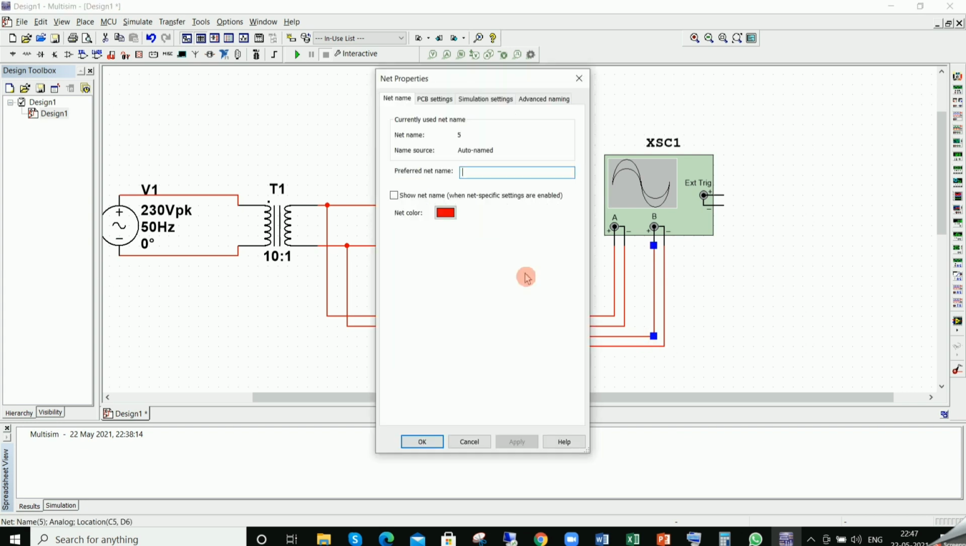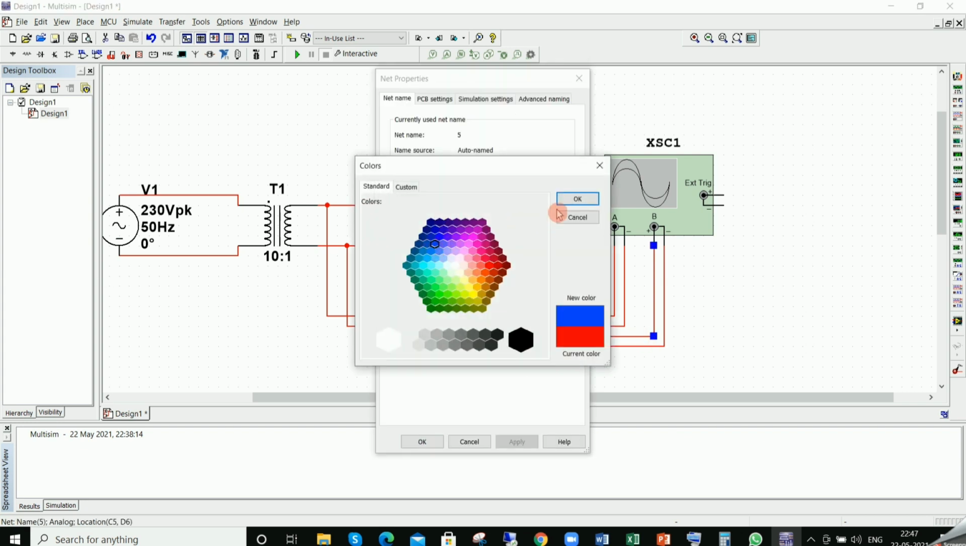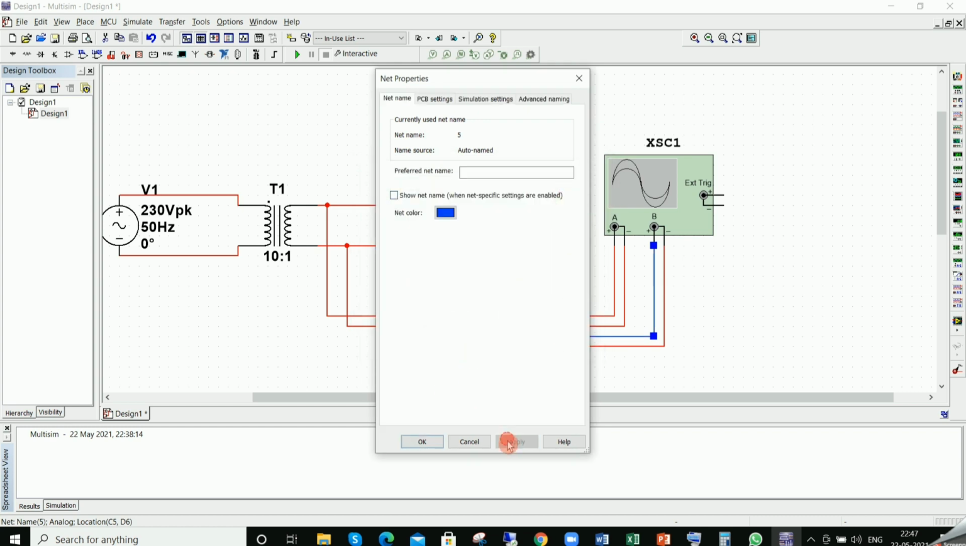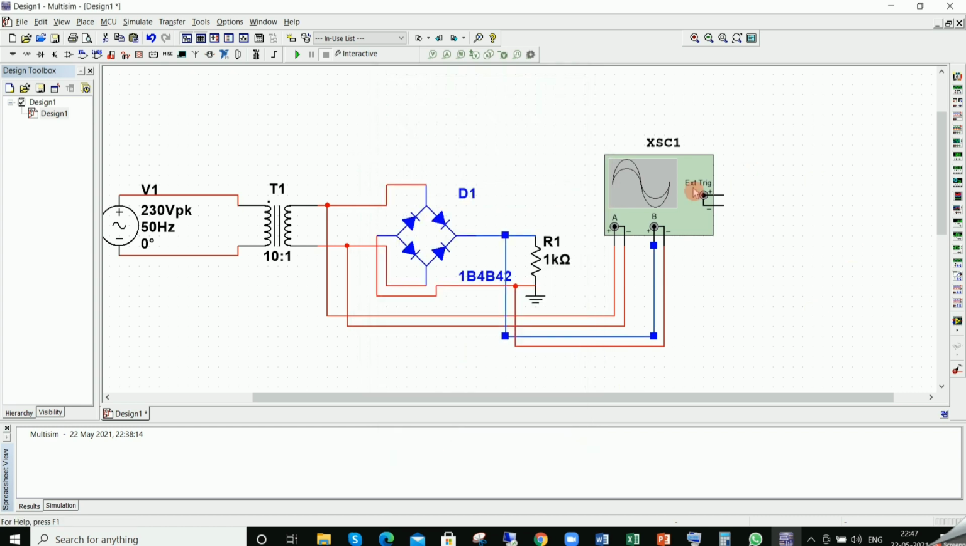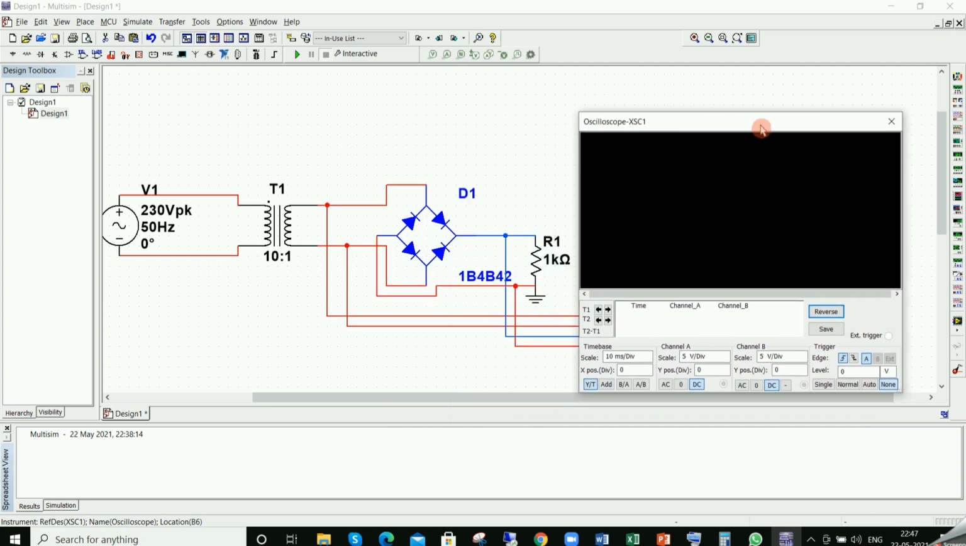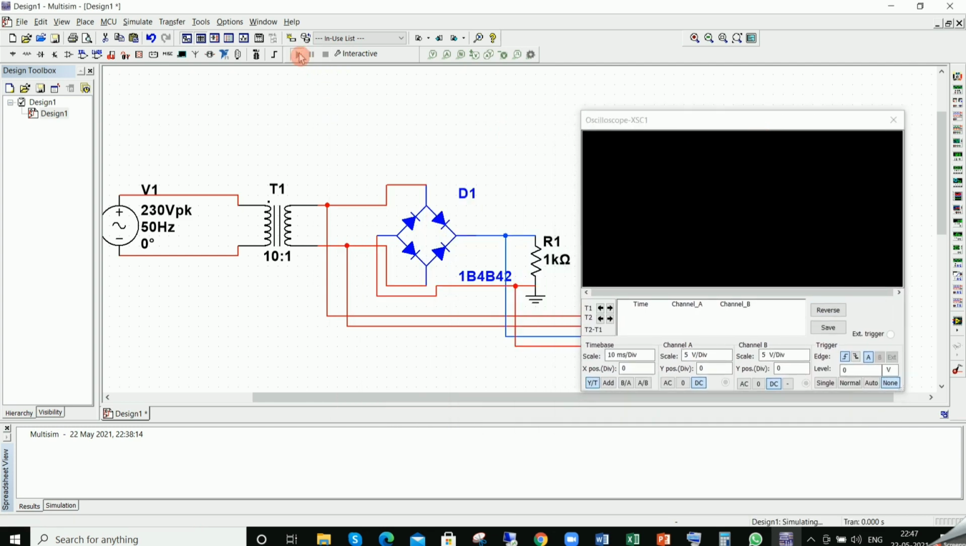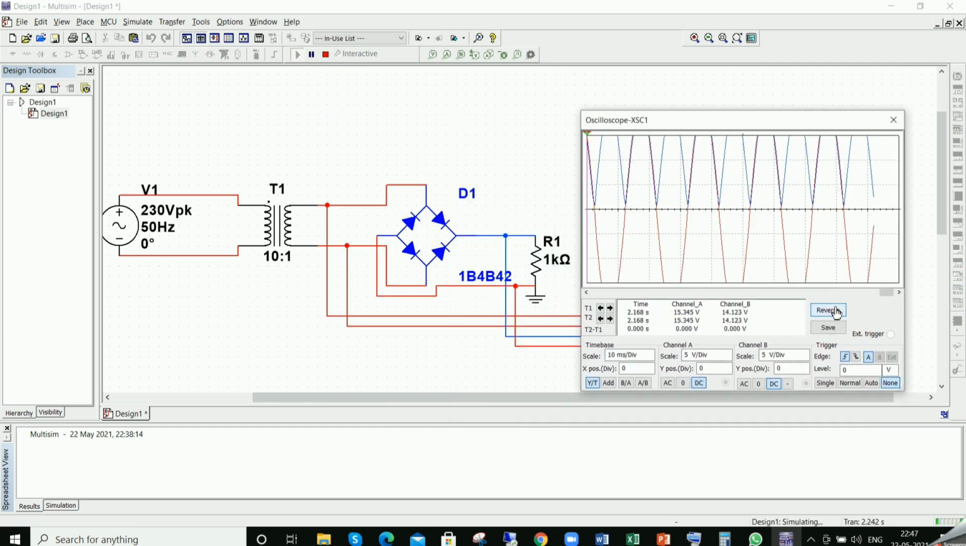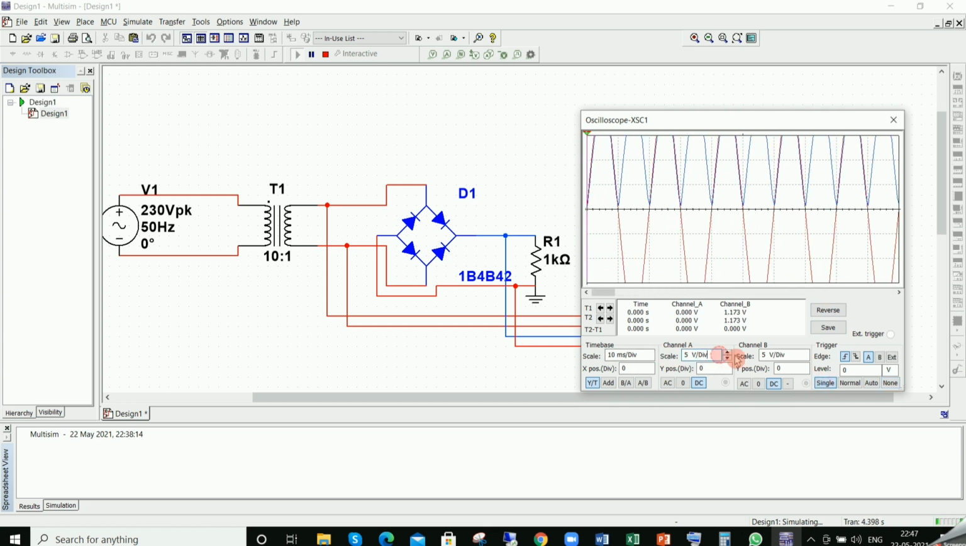To differentiate between input and output waveform, I am changing the color of the output to blue. Okay, then double click on the oscilloscope, then run, adjust the scale,